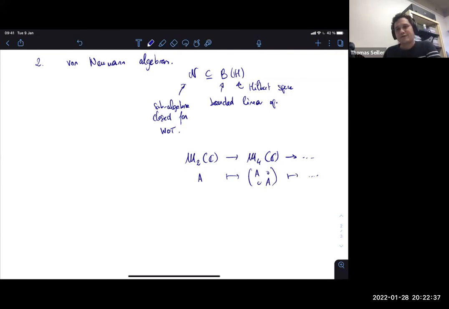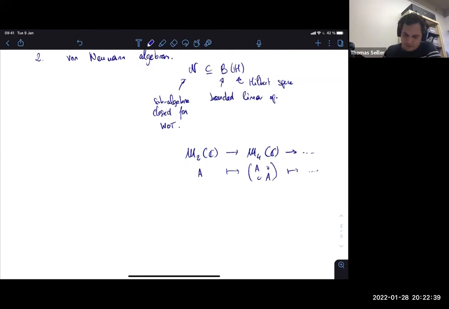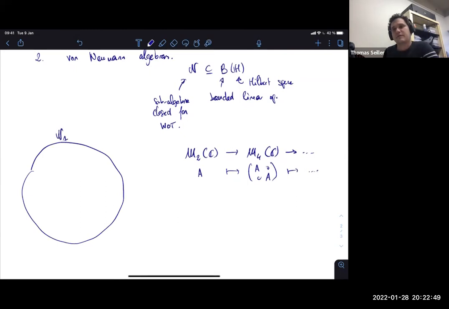So why von Neumann algebra, right? If you take a von Neumann algebra like this, it's standard, and you take just the unit ball of the von Neumann algebra,